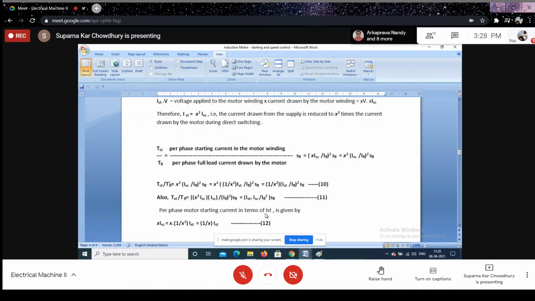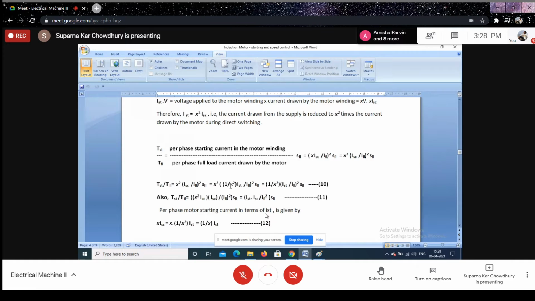So T starting by T full load is equal to X square I short circuit by I full load square into S full load, the full load slip. So from here, I short circuit is 1 by X square into I starting, that is the current drawn from the supply. So substituting that, 1 by X square I starting into I full load divided by I full load, the whole of this square,